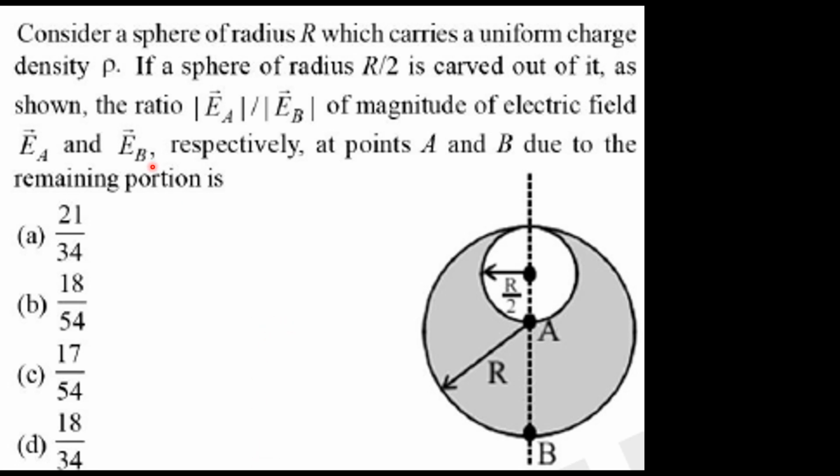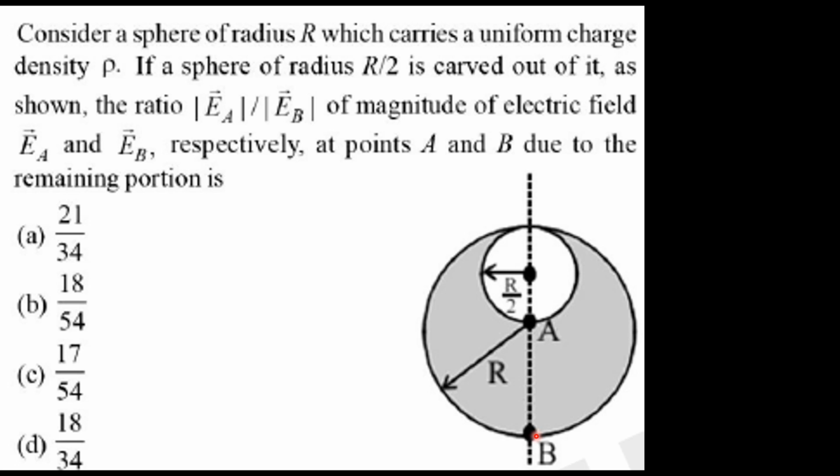Hello guys, today we are going to look at this problem. This problem contains one large sphere having radius r. A is the center point. Now one sphere having the radius r by 2 is removed from this sphere. This sphere has a uniform charge density. So we have to find the ratio of electric field intensity at point A upon electric field intensity at